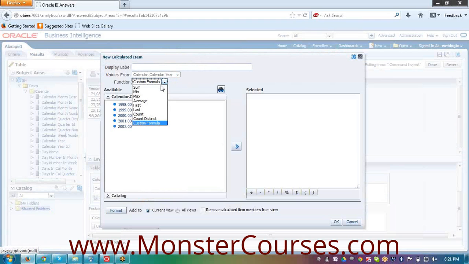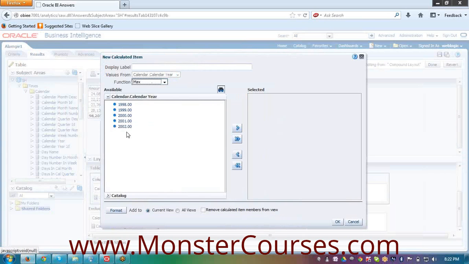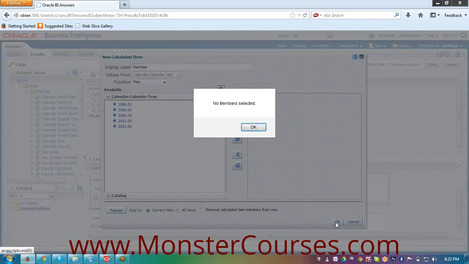Okay, it's a new calculated item. Then I say calendar year. Custom formula is max of, and say max year, something like this. No member selected.